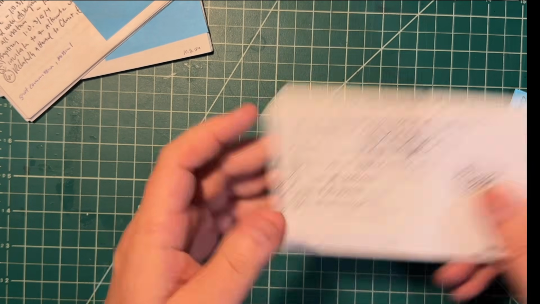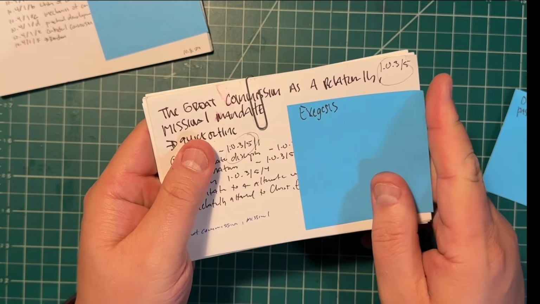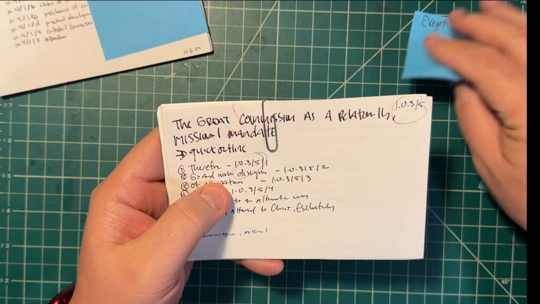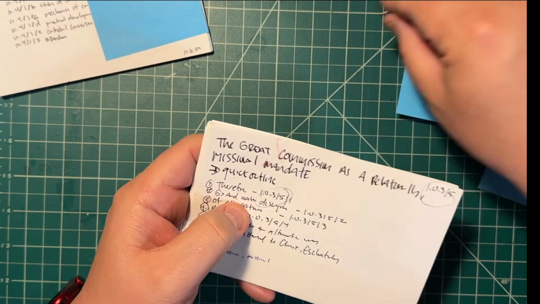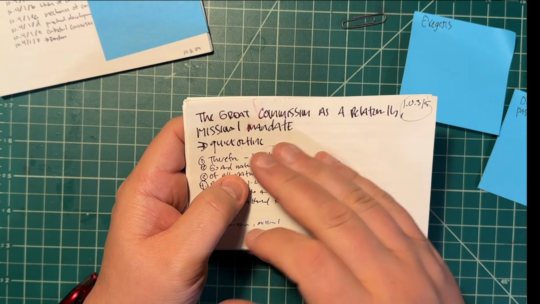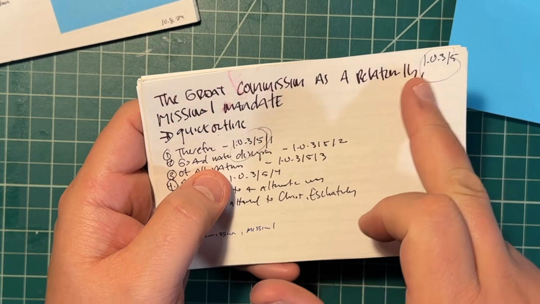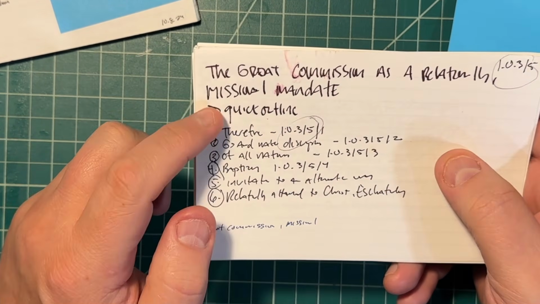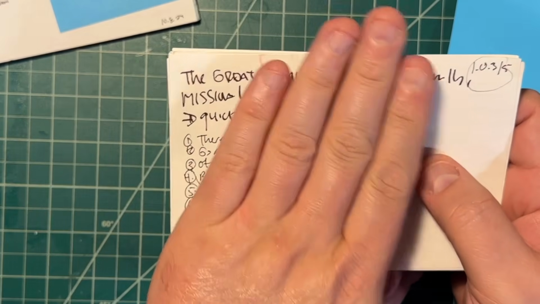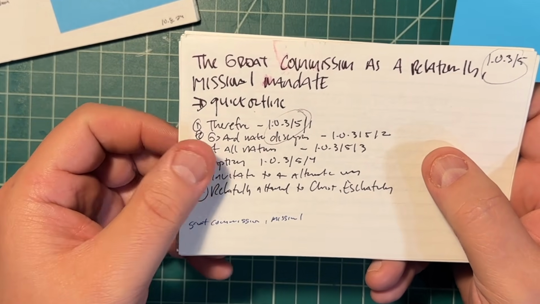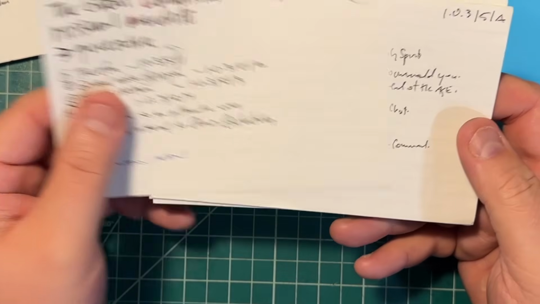But this actually comes from some work I did when I was writing my book on mission and the inward church. So I titled it here. And some people say you have to title every card. You don't, but sometimes you do, and sometimes it's necessary. So I did that. So the Great Commission is a relational, missional mandate, quick outline. I remember making this card inside of an airport lounge when I was traveling. It's not even dated, so it's been sitting there.